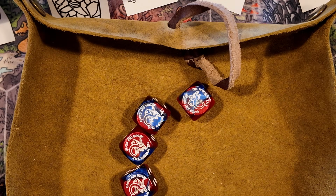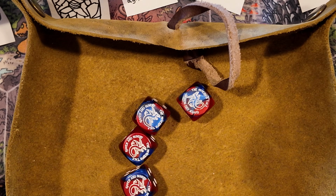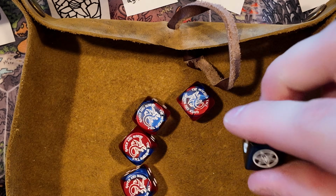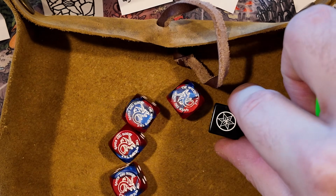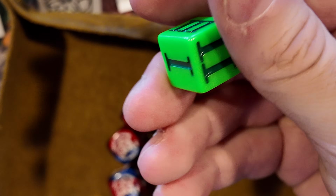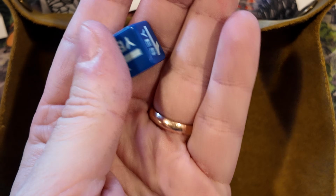Speaking of weird D6s, here's a bunch I got from my local shop that say Wyvern's Tale, Games and Sundry. I got this Free League one from the booth at Gen Con. I have this fun Roman numeral D3, which I like to use for various things. This is one of my all-time favorite dice. It's just a yes-no dice. It's like a